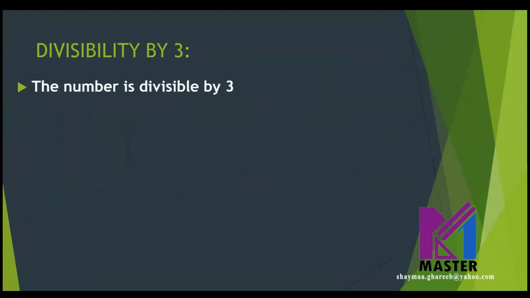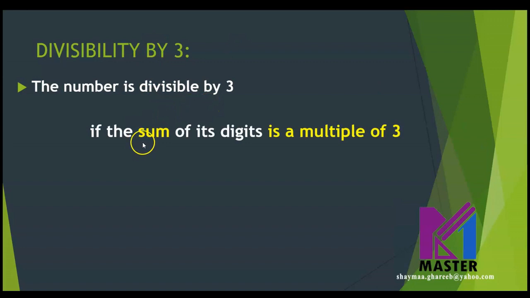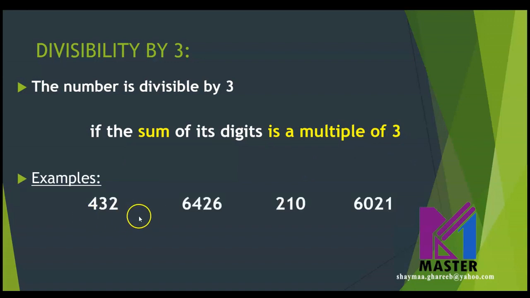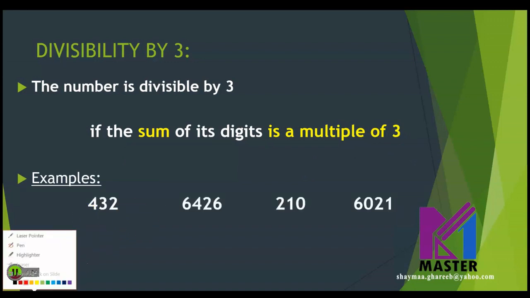Divisibility test by 3. The number is divisible by 3 if the sum, and what is the meaning of sum? Sum means the total. If the sum of its digits is a multiple of 3. Let's see examples. Look at these numbers here. The first number is